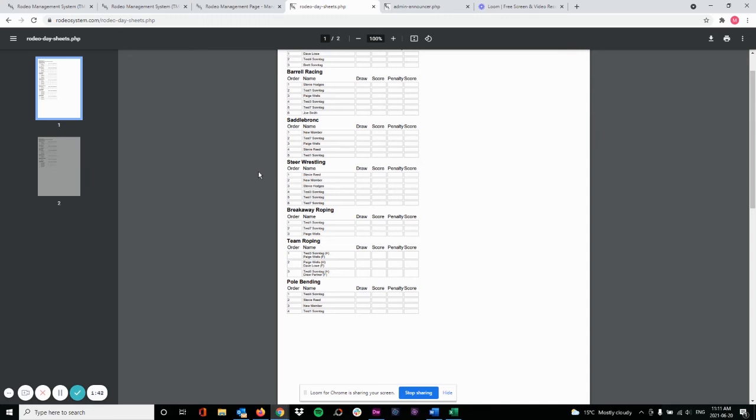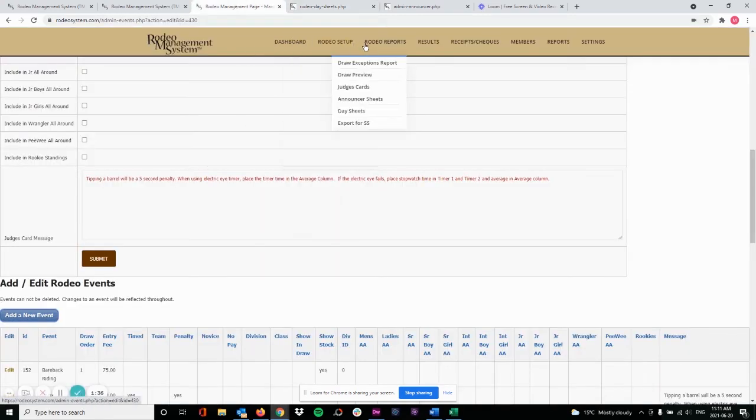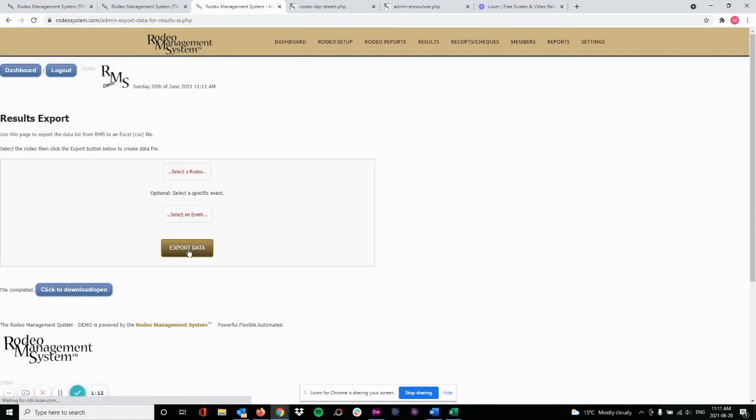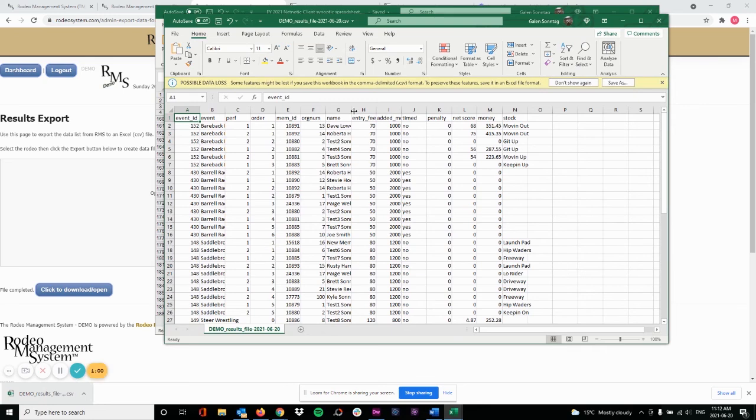The last report we will look at is export for SS or export for spreadsheet. So we will go to Rodeo Reports, export for spreadsheet. We will select the Rodeo, and now we have the option. We can either choose to select any one of the individual events to only output the data for that event, or we can choose to not select that option and simply export all the data. And it will generate this new button, and we click to download that, and now we'll be able to click on the file, the Excel file,